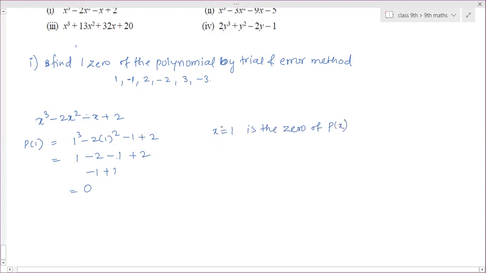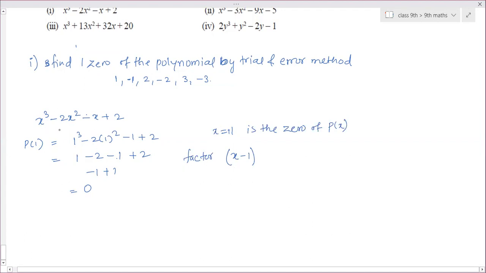So if x is equal to 1, then what will be the factor? This is 0. So we have to go the reverse way. From the factor, you calculated the zero. Now from the zero, you have to calculate the factor. x minus 1. The 1 you have to bring to this side. So that is x minus 1. Here it is plus 1, it will go to the LHS, it will become x minus 1. So x minus 1 is a factor.